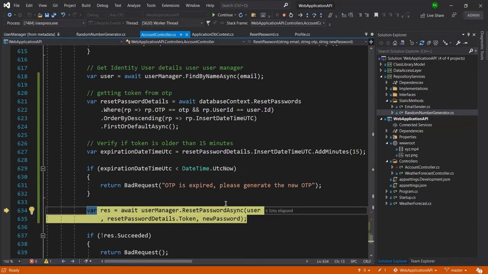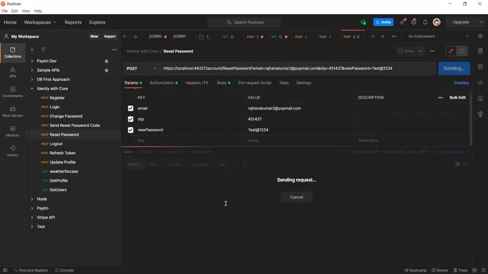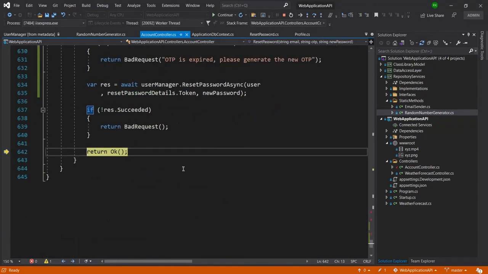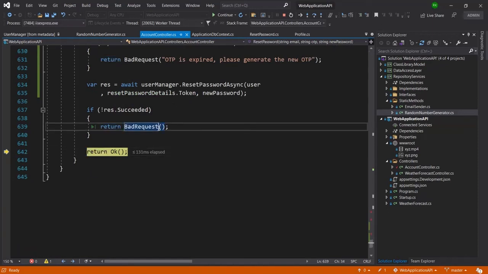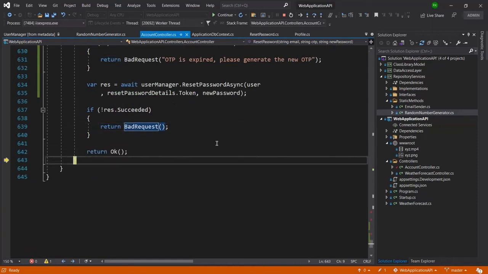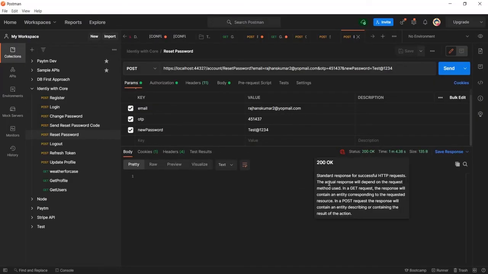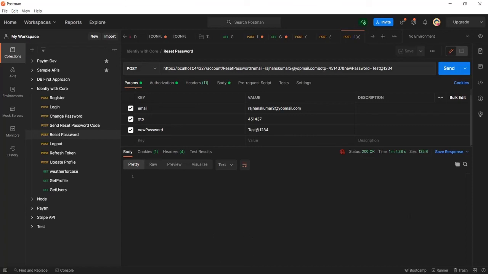Now I will go ahead, and from this line I change the password. You can see it has not entered into the exception block, which means our password is reset now. Now I will press F5, and you can see I got the 200 OK status, which means our password is changed.